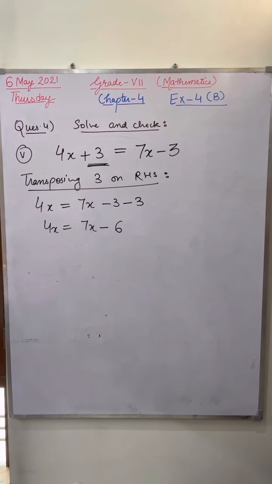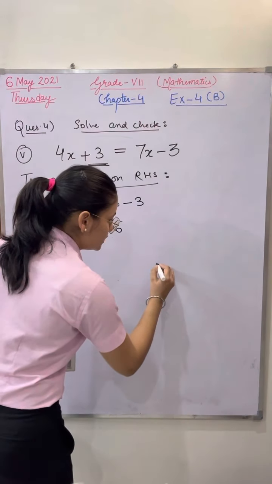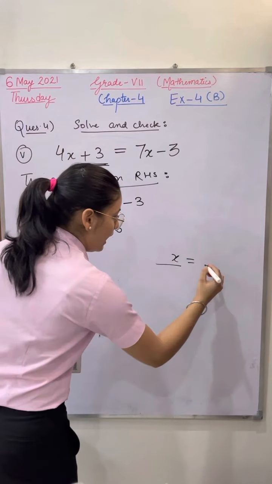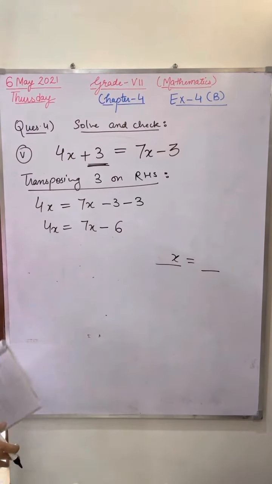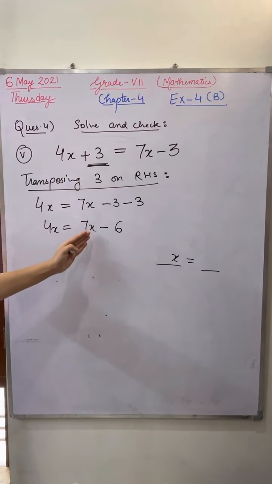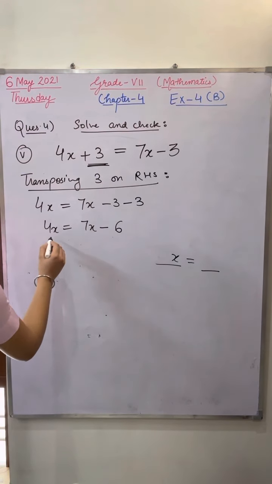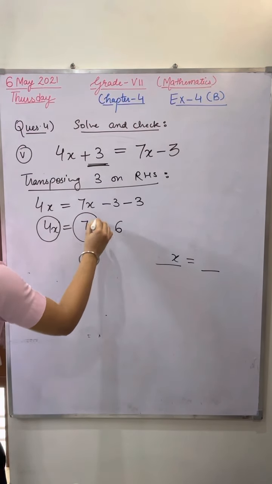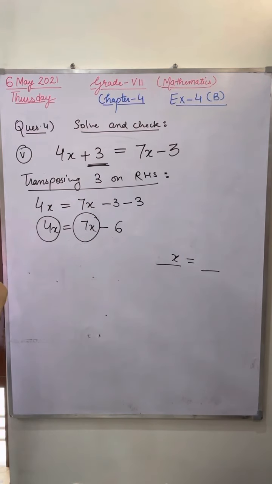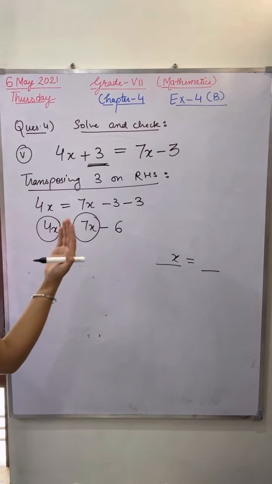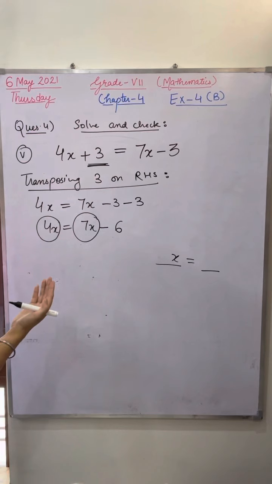7x. Okay. So what you have to do? Your question is always in this way. Always variables are there on the left hand side and constant always present on the right hand side. So you have to shift what value from right hand side to left hand side? There are two variables value now on the left hand side and on right hand side. So you have to transpose variable value now, from right hand side to left hand side. What is that variable? Which value you will transpose?